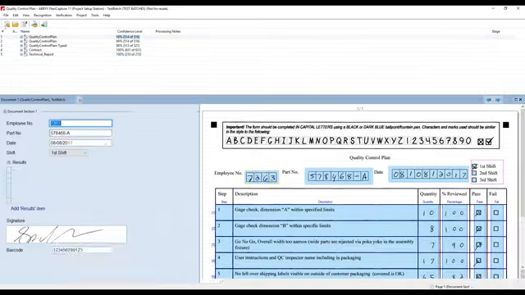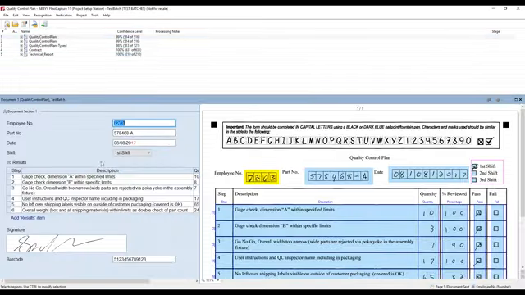Now I'm going to dive into the first document. On the left, you'll see what the software extracted on fields that we told it to grab. And on the right, you're going to see a copy of the actual document. This is a quality control plan. I'm sure you've seen documents like this in your business. You probably deal with documents like this on a daily basis. And what we've done is we've just told the software to grab these fields that you can see, and then what we will do is verify them.